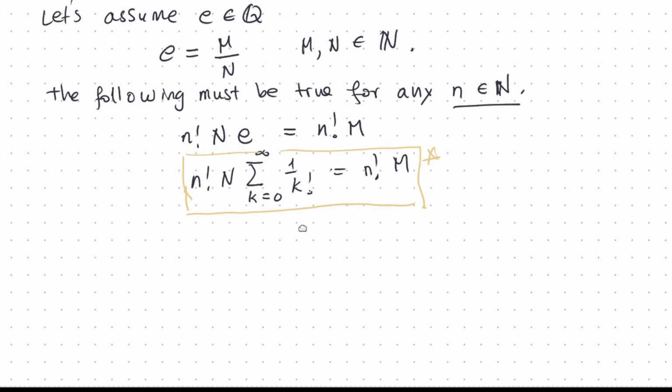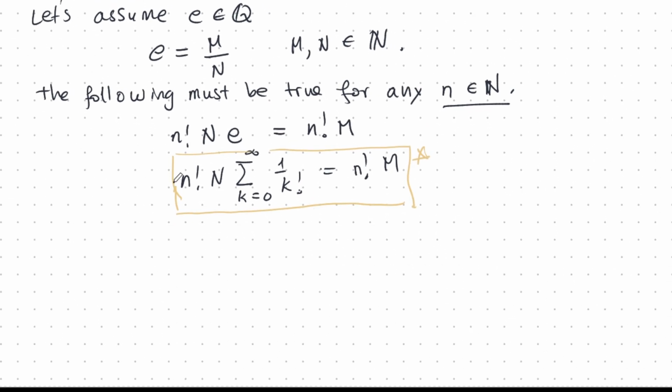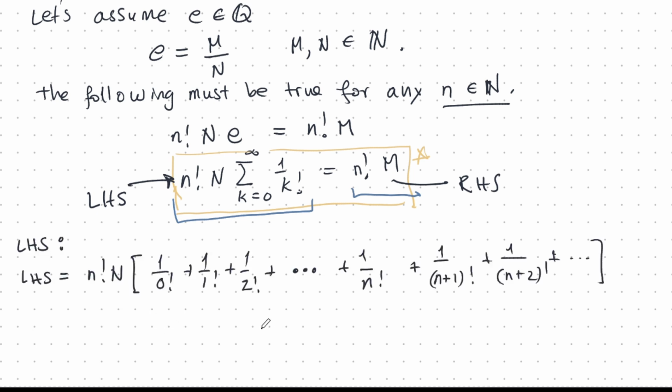All right, so the first thing I'm going to do is give this some names. I'll call this part here the left-hand side, and I'll call this here the right-hand side. Now you have to help me and remember what is the left-hand side and what is the right-hand side, because I will refer to them. Let's have a closer look at the left-hand side. Here I wrote my series all the way up to 1 over n factorial, and then I continue with the tail over here like this.